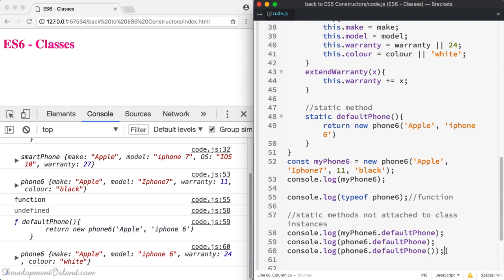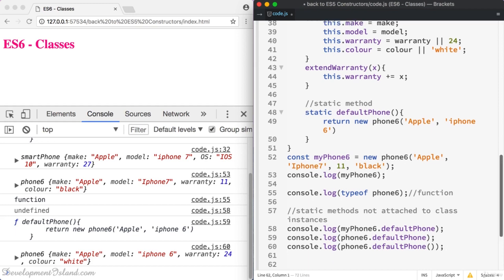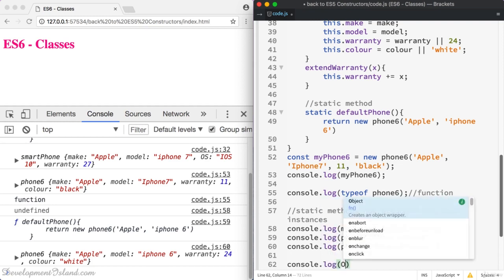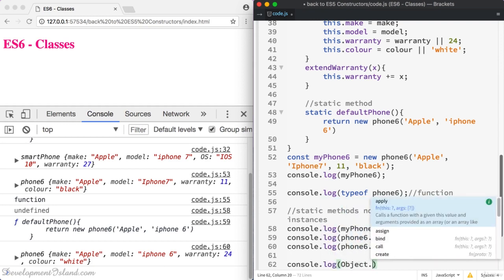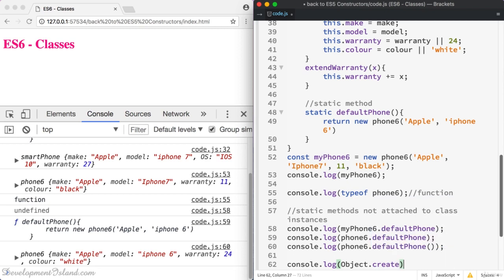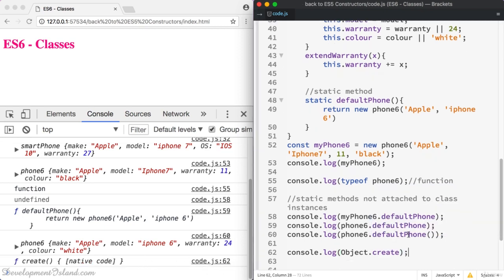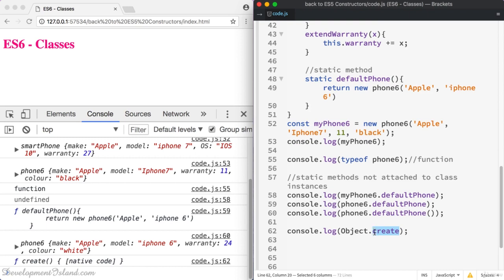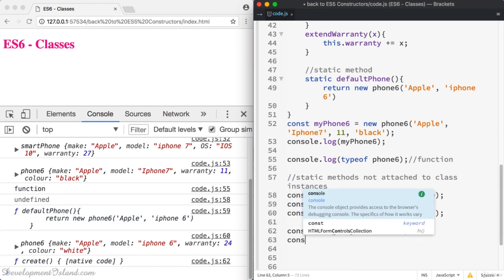Now you can think about some built-in methods in JavaScript which behave in a similar way to static methods. They are probably not defined the same way as ES6 static methods, but you can think, for example, about the Object.create method, which is attached to the Object class. Because if you want to use the create method, you have to use it with the Object class. Now, if you create an object